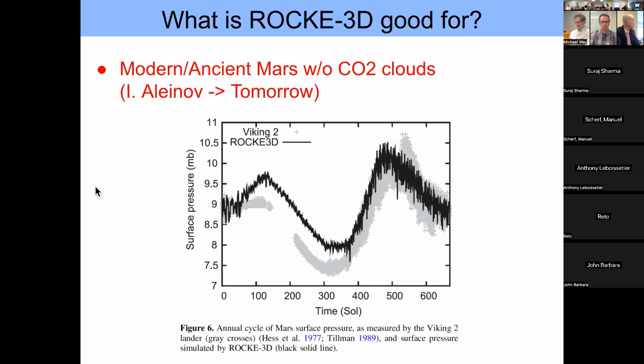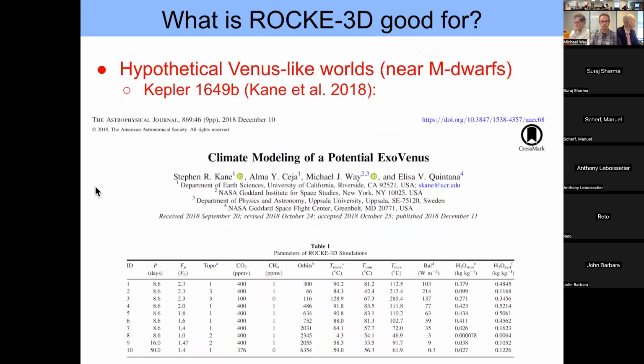This is from our 2017 paper describing the model, where we have done some Mars, ancient and modern Mars, although without CO2 clouds for the model per se, but we still get some decent agreement with Viking 2 data, as you can see here, at least in terms of surface pressure. To go forward in time, this is work that was led by Igor Lienov, one of your tutors. And then hypothetical Venus-like worlds around things like M dwarfs. This is a paper led by Stephen Kane that I was on, looking at Kepler